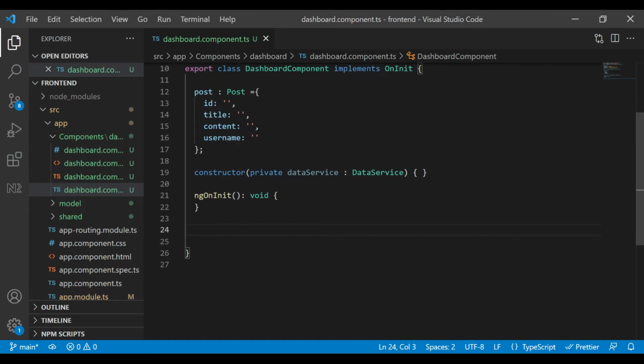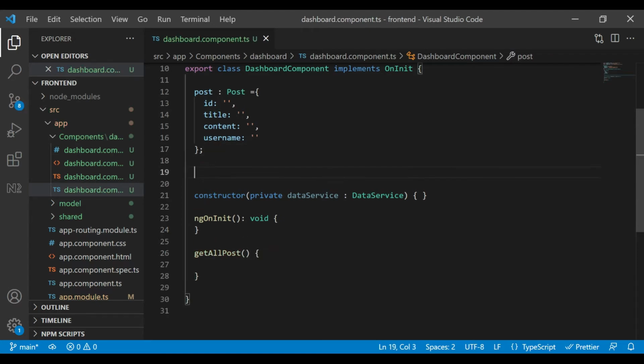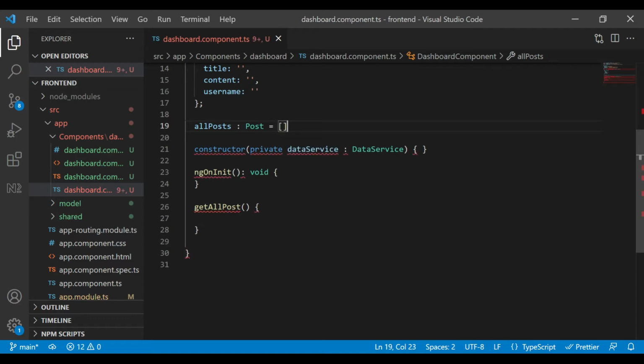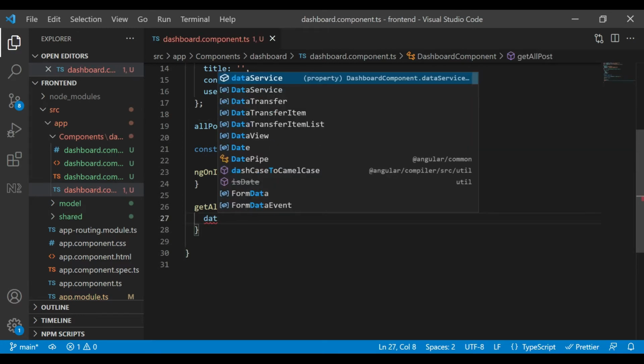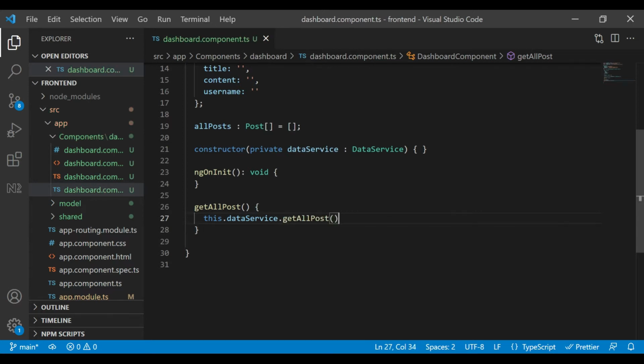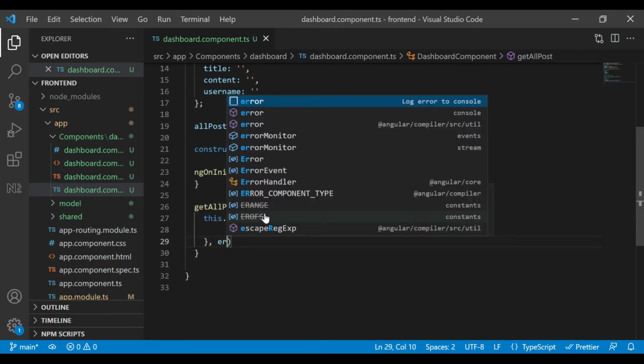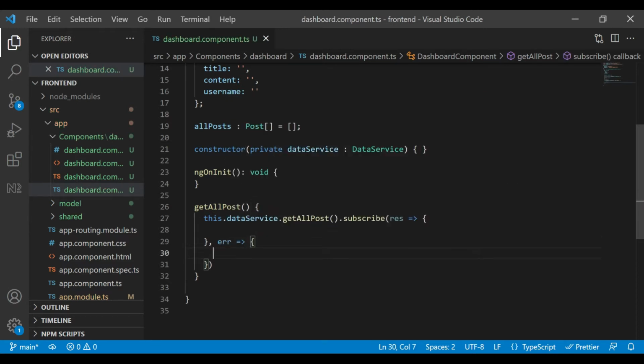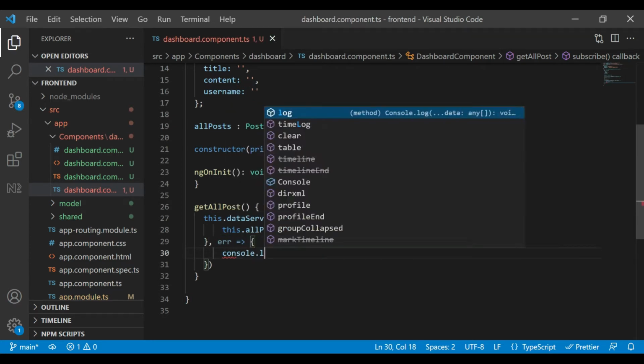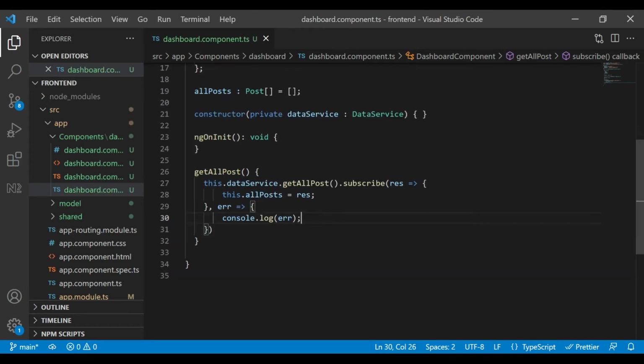Now we are going to write some methods, get all posts, and before that we are going to create a post array, all posts of type post array. Okay, now we are going to call the method on the data service dot get all post dot subscribe. So if it is getting a result, and we'll check for the error also. If results are coming up, then we are going to assign the results to all posts. Otherwise we are going to print the message in our console.log error. Okay,